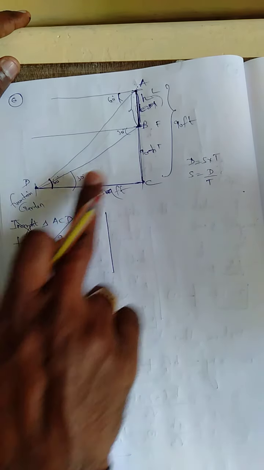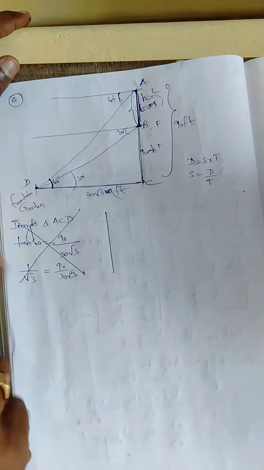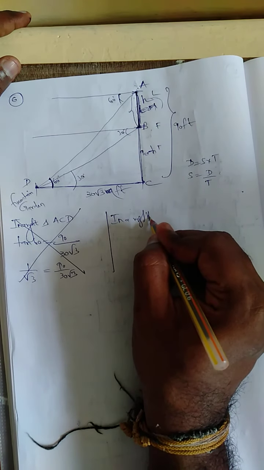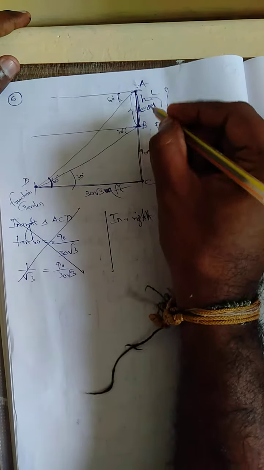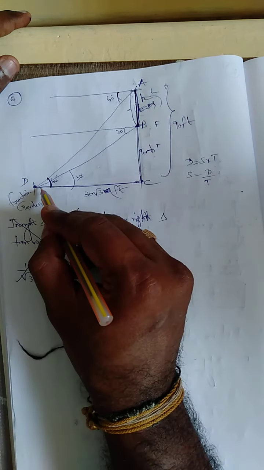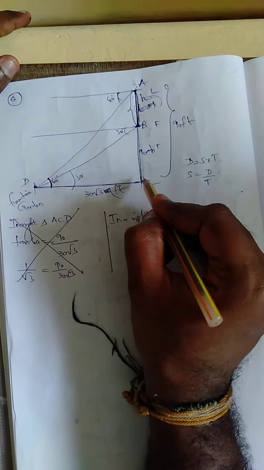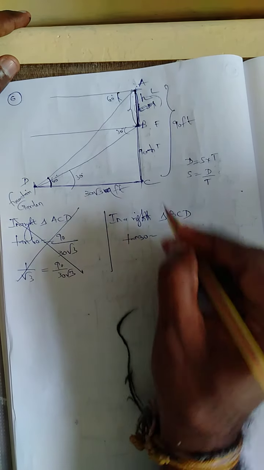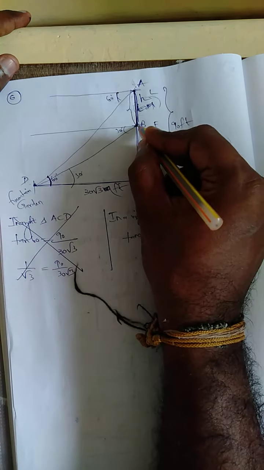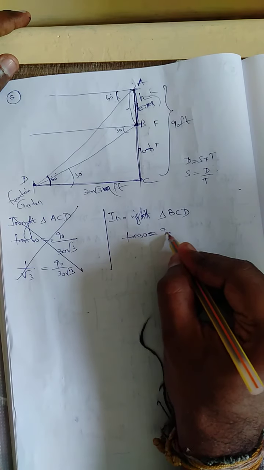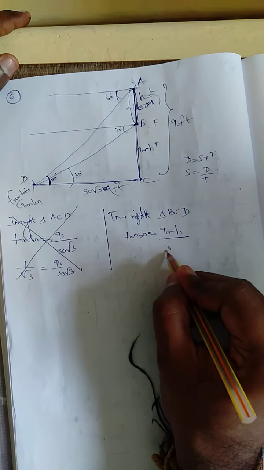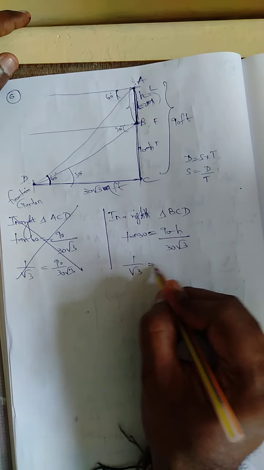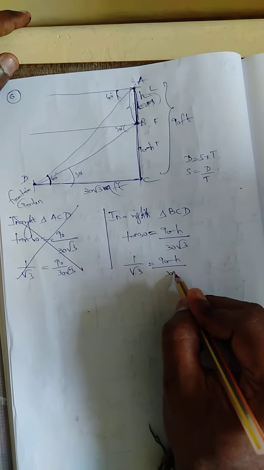So I derived using 60, the answer is not coming. So I move to 30. In a right triangle, this is very very important. In a right triangle, what can I take? BE, next this one, BE, CD, BCD, the same tan 30. In BCD, tan 30 is nothing but opposite. What is opposite here? 90 minus h. What is this one? 30 root 3, adjacent. What is tan 30? 1 by root 3 is equal to 90 minus h divided by 30 root 3.